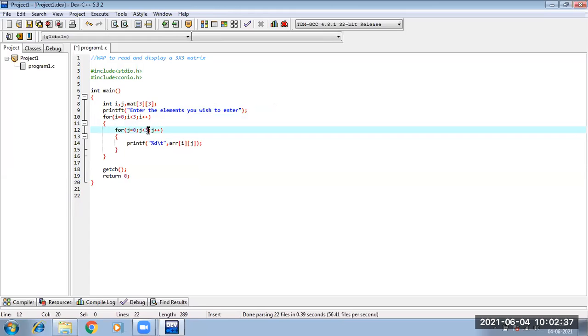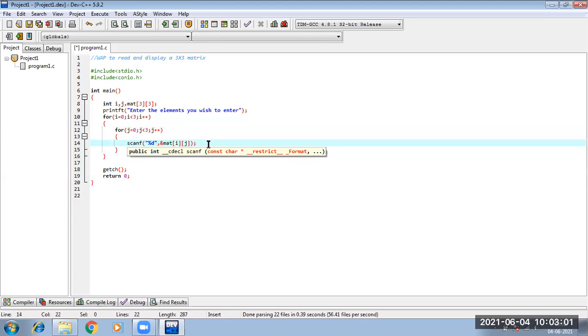The value of row is 3, the value of column is 3. Inside this, all this thing is happening, and in between I am taking the values from the user. So there will be one scanf statement, and there will be ampersand mat ij.